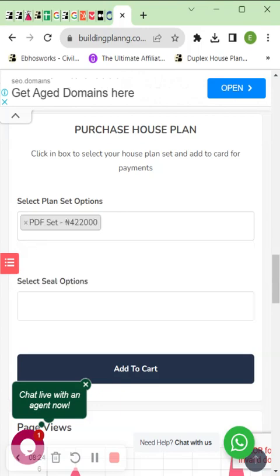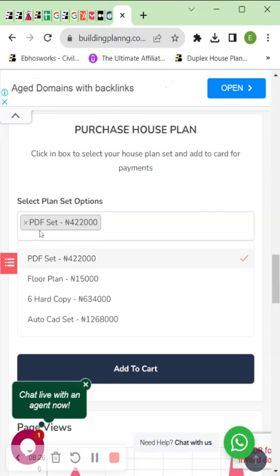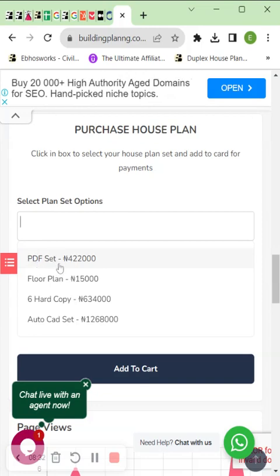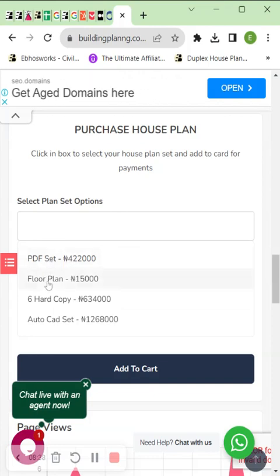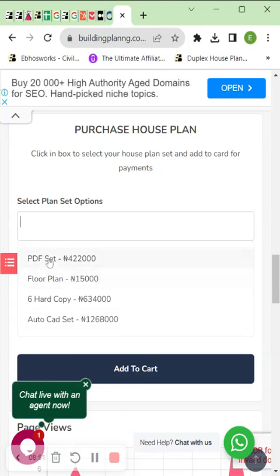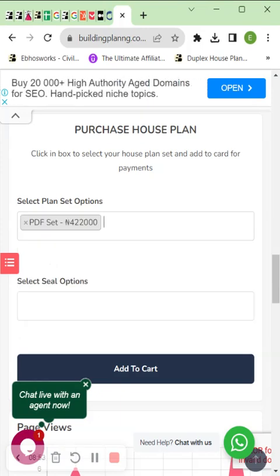Okay, there's no point selecting more than just one, because they are almost the same thing but just a little different. So you don't need to select PDF and floor plan at the same time. You can only choose one particular house plan set if you want to purchase. All right. So for example, if I'm going for the PDF, you just choose the PDF house plan set,